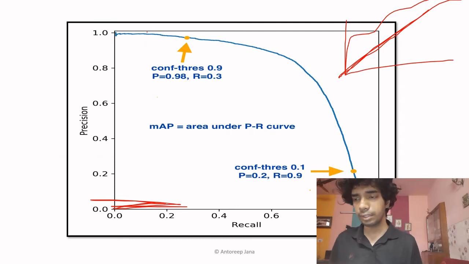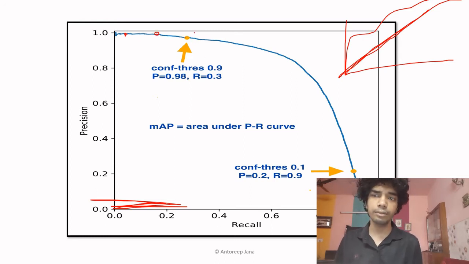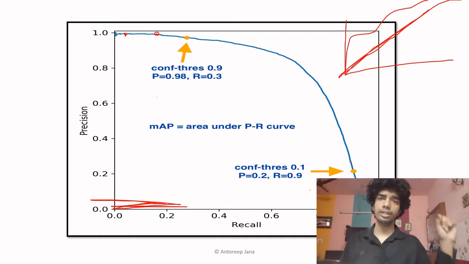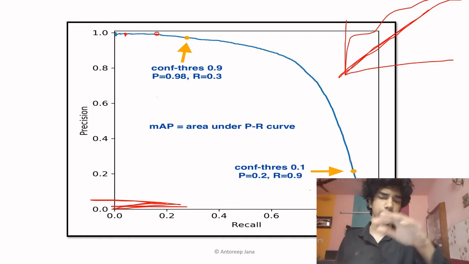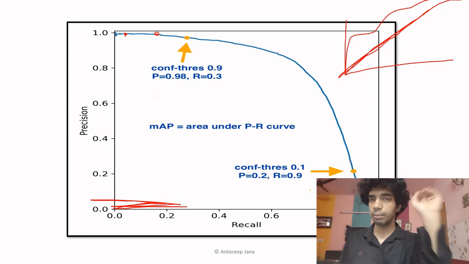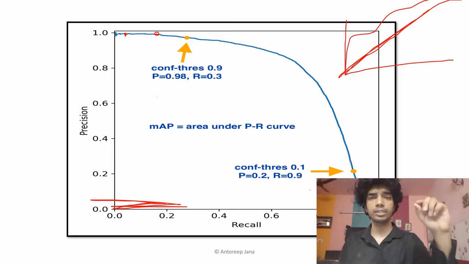Coming to the point, how to interpret it. So this is what a curve looks like. Here you plot for the confidence threshold value. How is it obtained? Threshold equal to 0.99, 0.97, 0.96, 0.9, and that is how you obtain the plot. You plot for all the threshold values and you obtain a plot showing, for one particular threshold value, what the precision value is and what the recall value is.